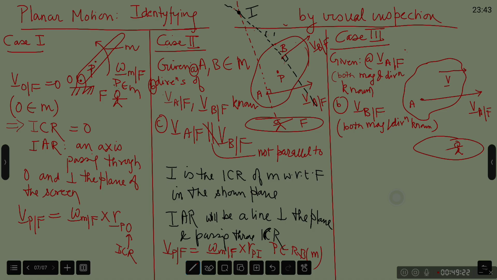Okay, 2 points, velocity vectors known. Further, VAF is parallel to VBF. This is also a known information. Furthermore, it is known that RBA,